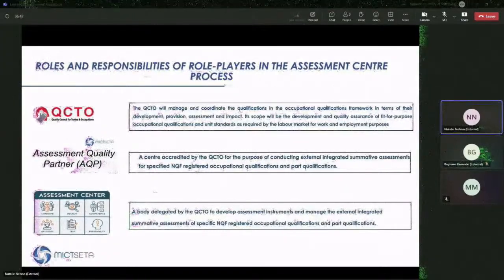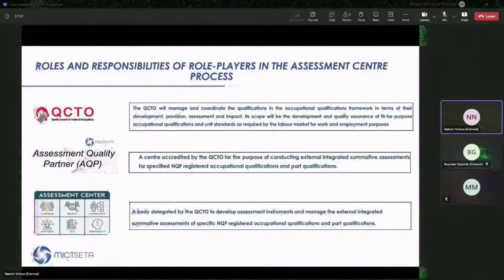The SETA would need to ensure that the person who is conducting this assessment is not the same person who implemented the training. So the question we get asked quite often is, can I be an ESA center and a skills development provider and administer the ESA for my own cohort of learners? The answer is yes.